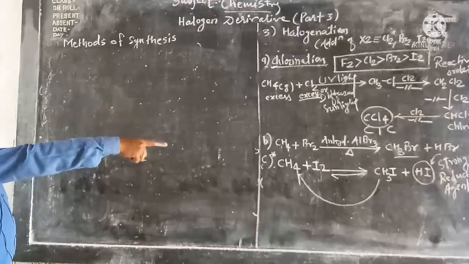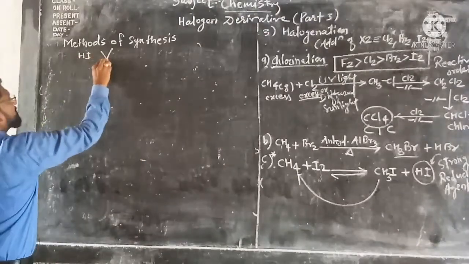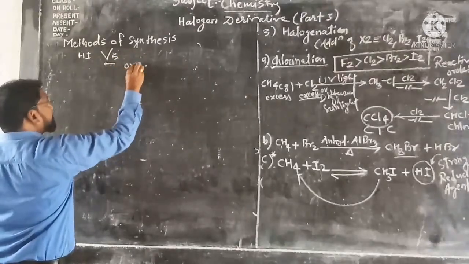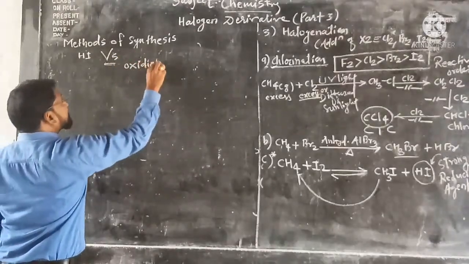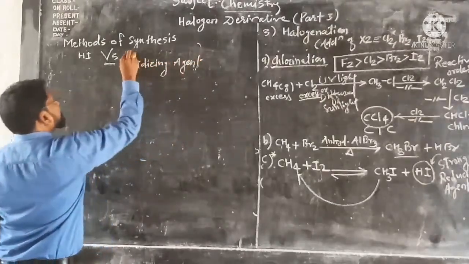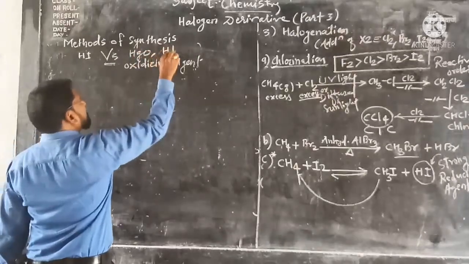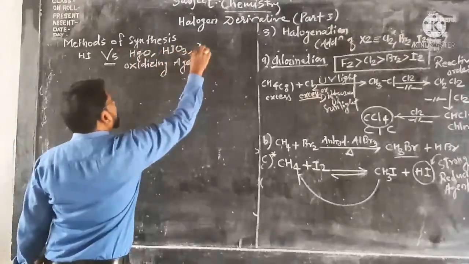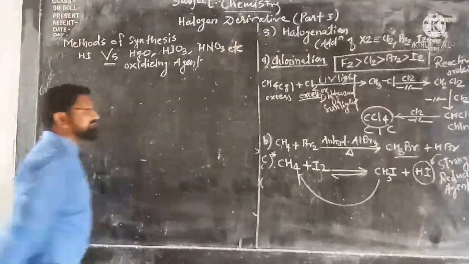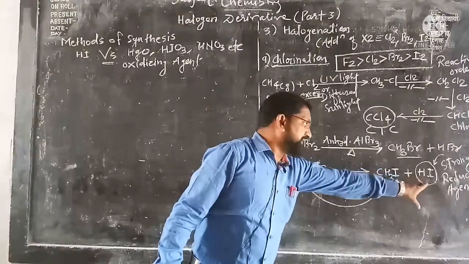So in order to neutralize that strong reducing agent HI, we have to take an oxidizing agent, like HgO, mercuric oxide, HIO3, or HNO3. These types of oxidizing agents you have to consider,